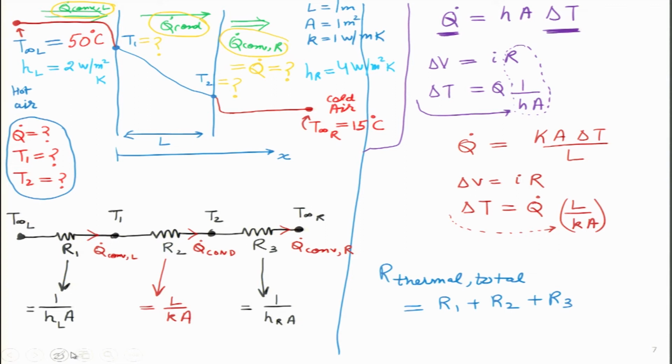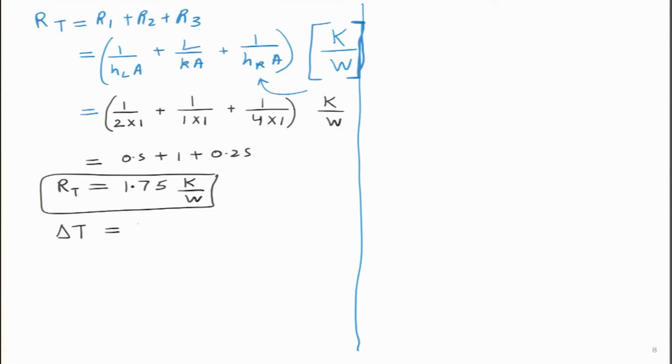So, maybe I will use the light green color. So, the total temperature difference is the maximum temperature, which is over here on the left side, and I will subtract the minimum temperature from it. So, this will give me the difference. If I draw this arrow over here, the difference of these two temperatures will be delta T. So, delta T is essentially T infinity L minus T infinity R. In this particular case, these values, if I remember correctly, were 50 degrees and 15 degrees. So, the difference turns out to be 35 degrees.